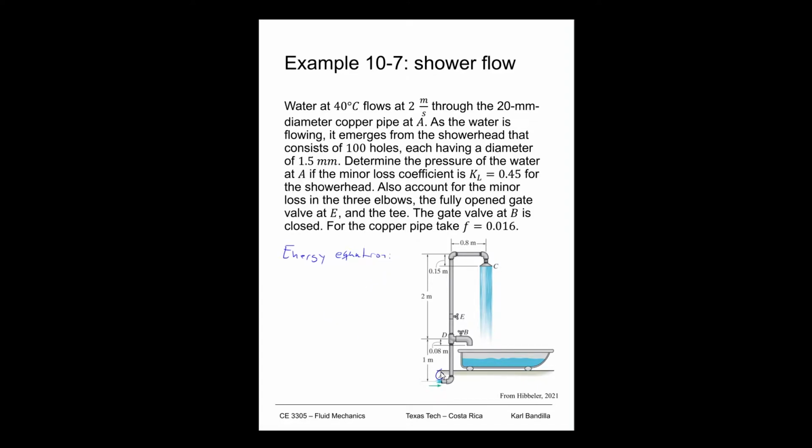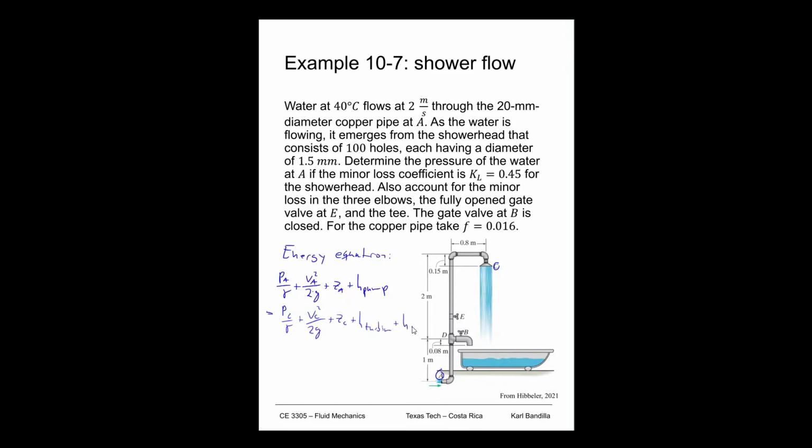We go from A to C. So we can say PA over gamma plus VA squared over 2G plus ZA plus H pump is equal to PC, not PB, PC over gamma plus VC squared over 2G plus ZC plus H